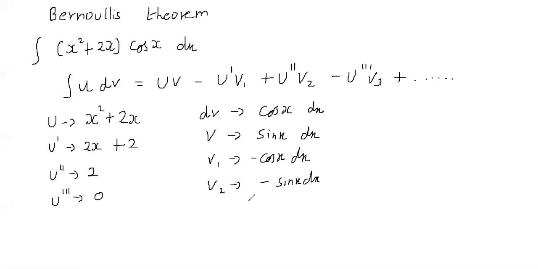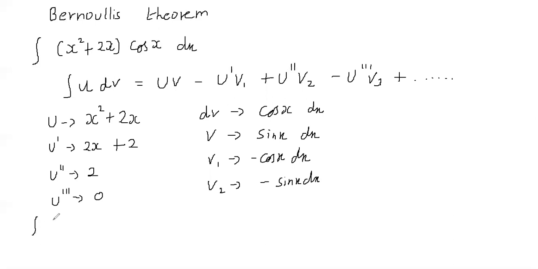It will be plus cos x dx, but that is not required because see the formula. It is u triple dash into v3. U triple dash is already 0, so whatever may be the v3 term, it will also be 0. So stop the equation over here. So this equation can be written as